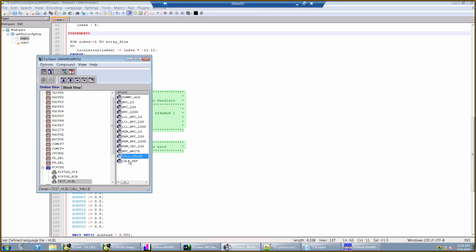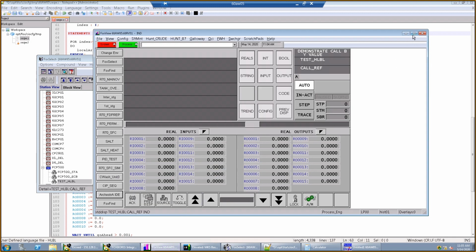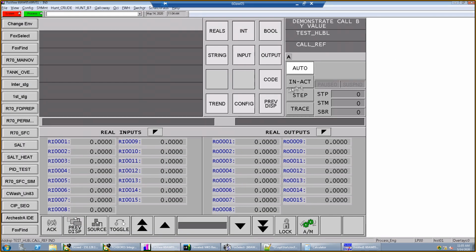So let's look at call by reference first. This is the default if you call one of these. Okay, so here we've got our block ready to go. And we'll turn it on. Okay, and when I give this a non-zero value, which I did just to hold it,